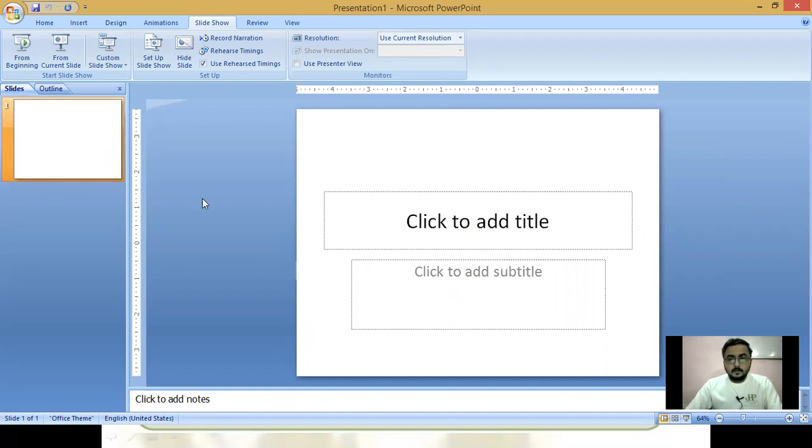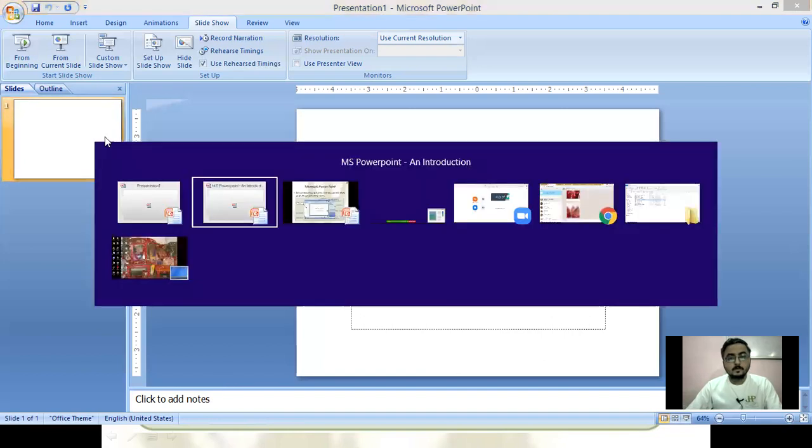This is the area where the selected slide is opened, and just below the slide pane, you can see the notes pane where you can add some notes or information about the slide. I think it is very clear to you. So move on.